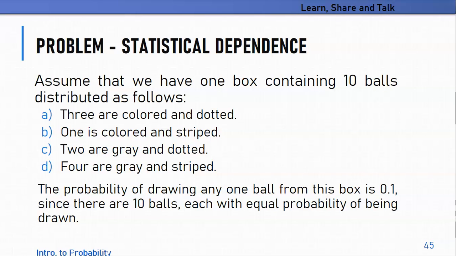Now, as the box has 10 balls, the probability of drawing any random ball, of any color, dotted or striped, is 1/10. That is, there are 10 balls and if I draw one of them, the probability is 1/10. Now the question is,